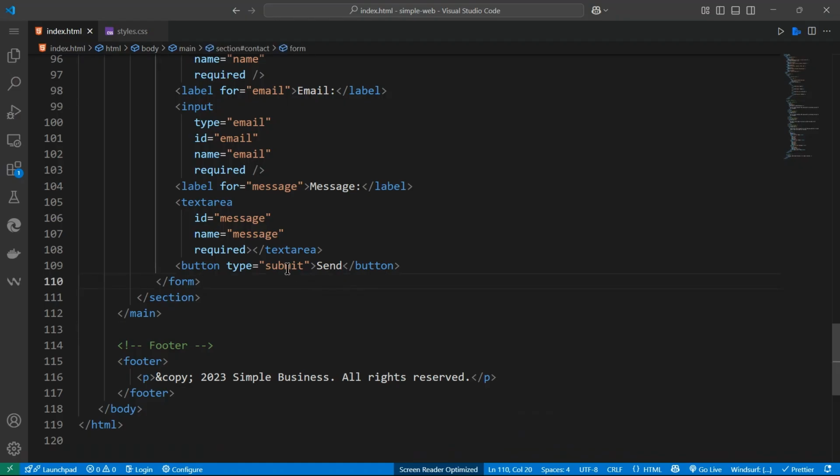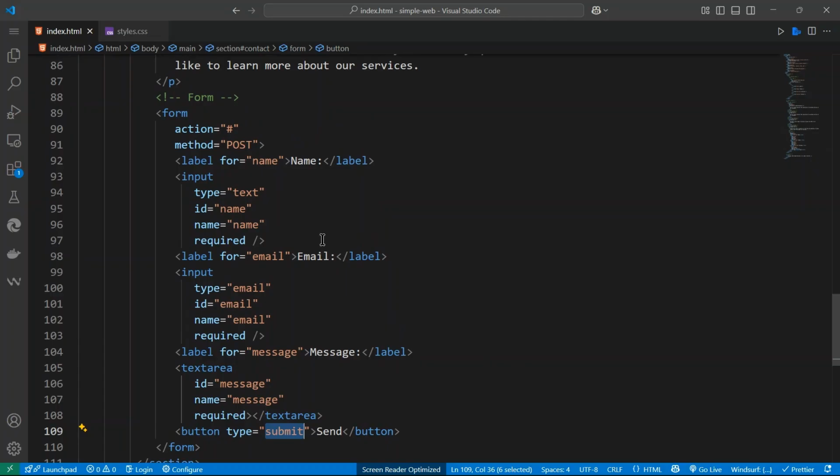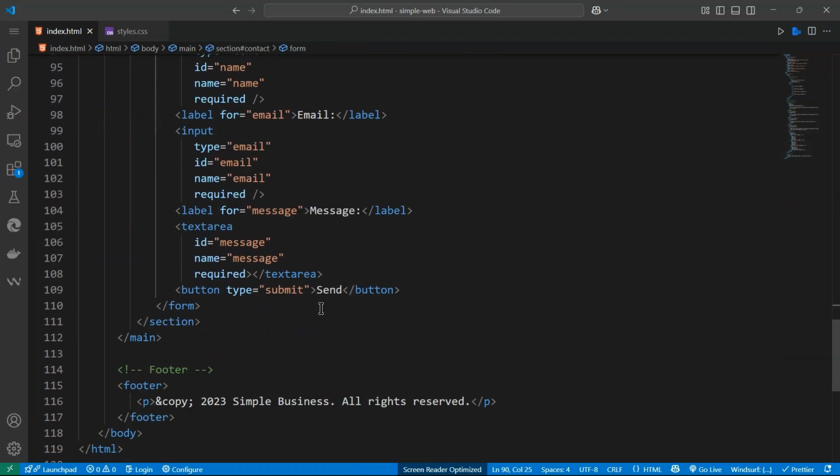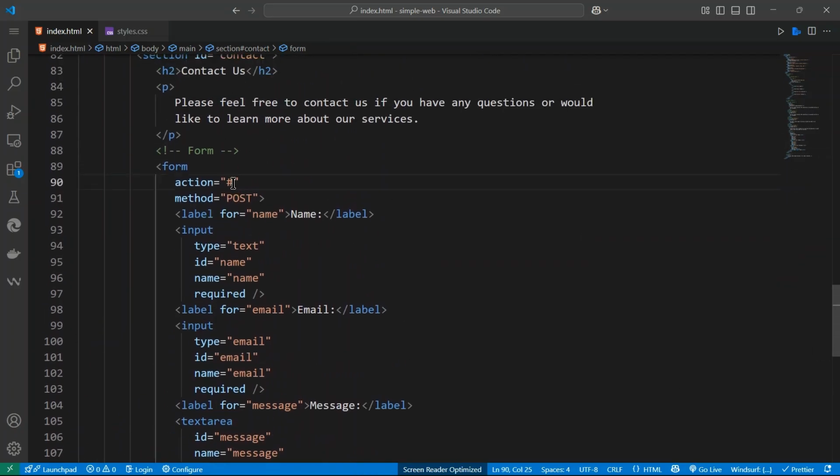For button, it's also got a different type. The default type is submit. If it's submit, that means this form has to follow the action, the link you put in here. So if the type is equal to submit, and here you have put a link, for example, you put this link,